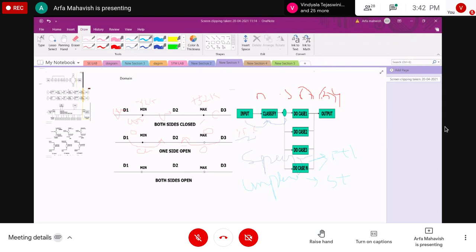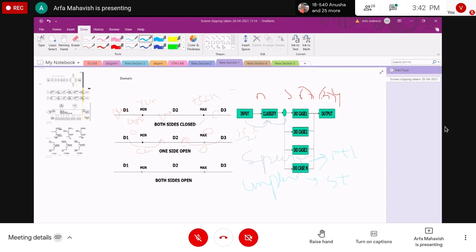So this property should be there in the domain; if it is, that domain is called the nice domain. Testing will be done easily and bug frequency is less. In the ugly domain, the bug frequency will be high.